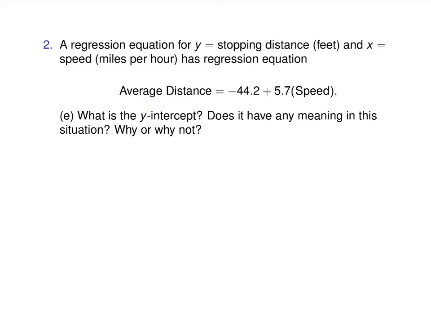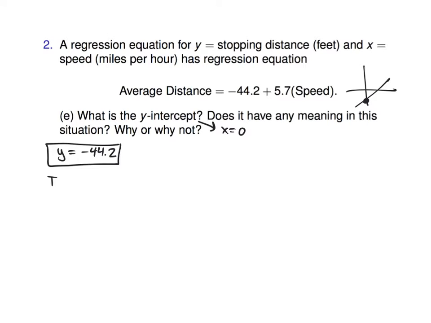Okay. The last thing, and this was the thing that was hardest for a lot of you, is interpreting the y-intercept. What you have to know is that the y-intercept is what happens when x is 0. So y-intercept means x equals 0. If you're going to be on the y-axis, your x has to be 0. It's just the way it is. Look at a picture. Y-axis there, over, nothing. So first of all, what is it? Negative 44.2. You could also call it b, but whatever. It's negative 44.2. So this is the stopping distance when going how fast? 0 miles per hour.